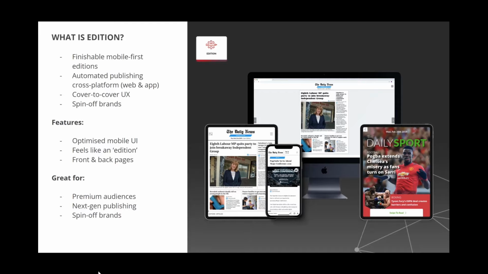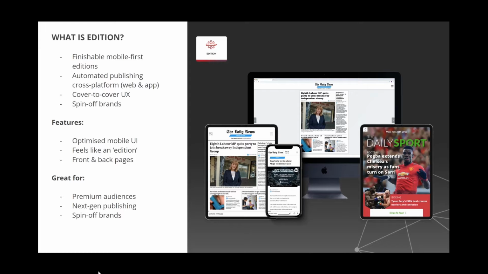The other big advantage we found with Edition is we've had a lot of publishers coming to us asking the question about why their print advertisers almost by default get a place and representation on their digital products without any kind of upsell. So Edition gives you the option to still incorporate your print advertisements, or actually you can remove them altogether, maybe offer a subscriber an ad light experience, or actually upsell those print advertisers to say, well, from now on, if you want to be in our digital products, it is an additional premium at X percentage, and here's the rates to be included in our mobile optimized all platform, all singing, all